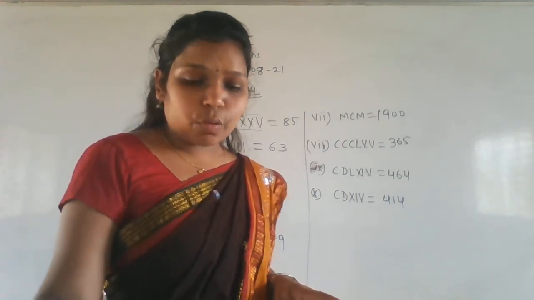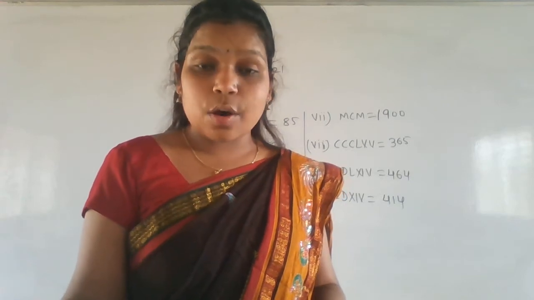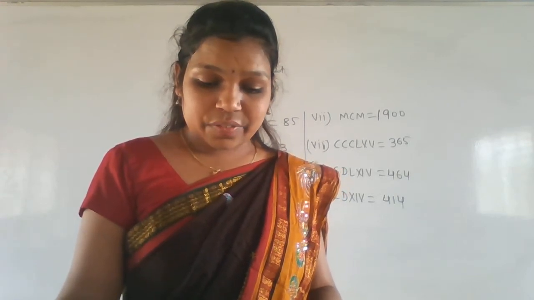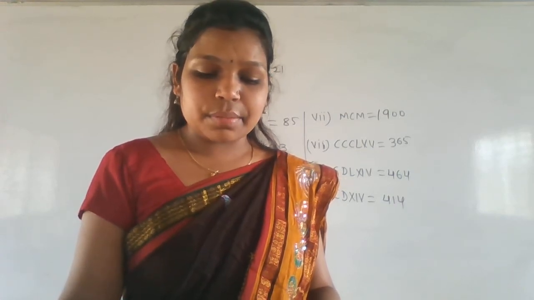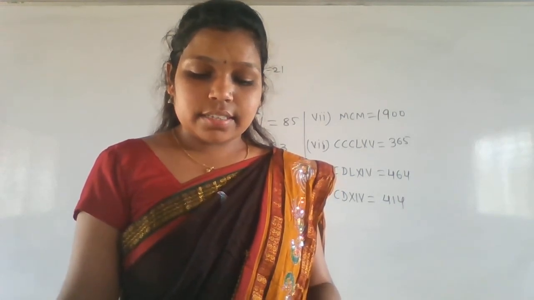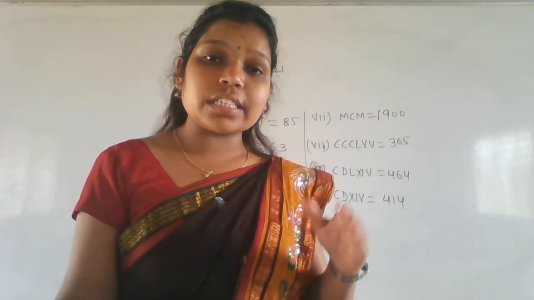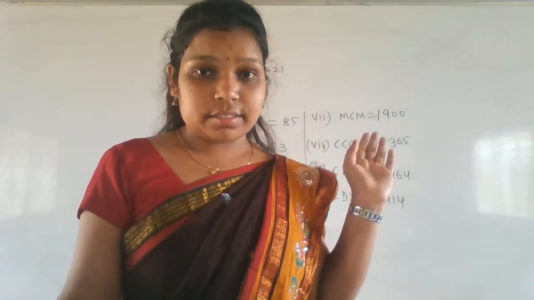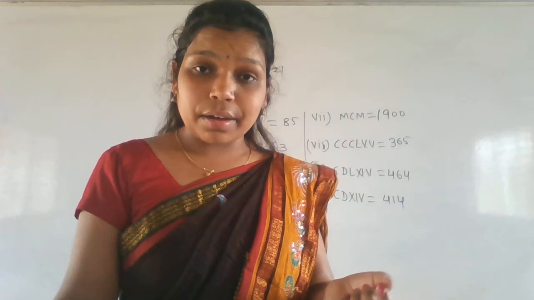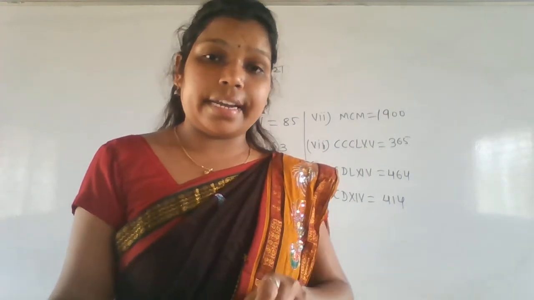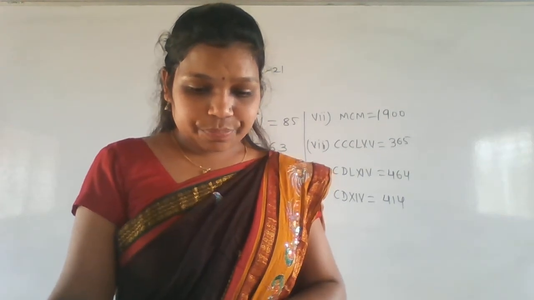And the fourth main also they gave here: fill in each blank box using the greater than, equal or less than signs. So first conclude which number it is. XC means it is 90 and here 74. So which one is greater? 90 is greater. Like that. First convert into numbers, not Roman numerals. If there are Roman numerals, convert them into numbers. After that, judge which one is greater. So that one we'll do in the next class.